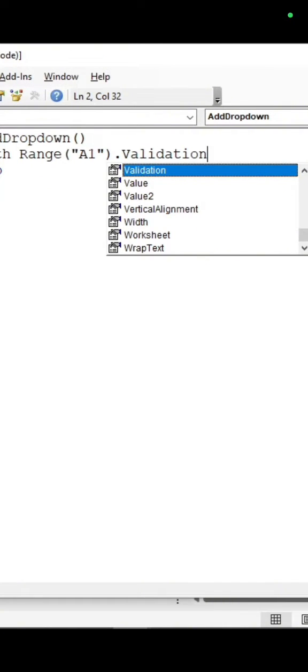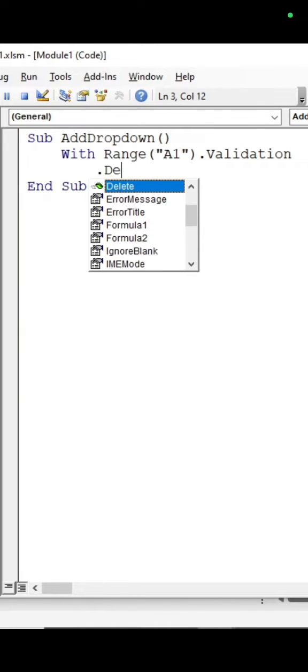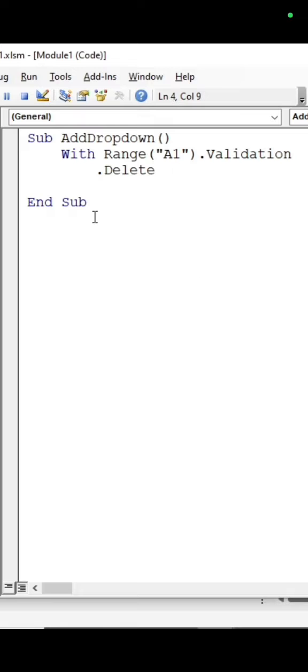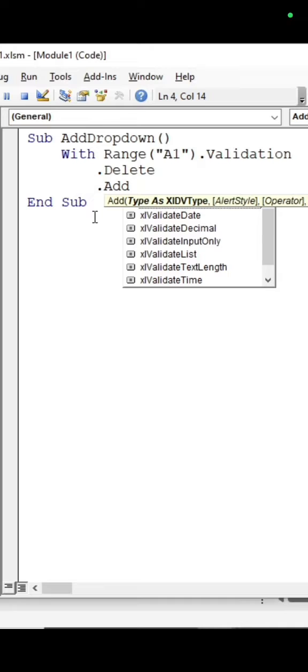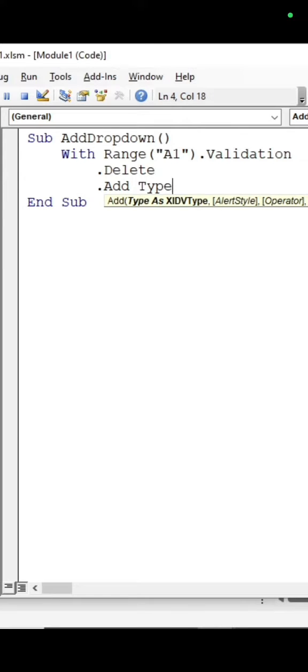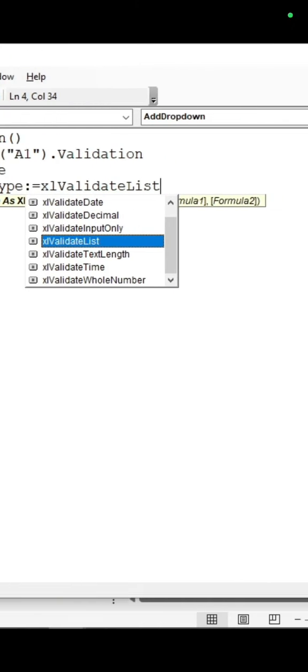Okay, then enter. I'm going to write .Delete, enter, .Add, Type, colon, equal sign, xlValidateList, xlValidateList, and then comma,